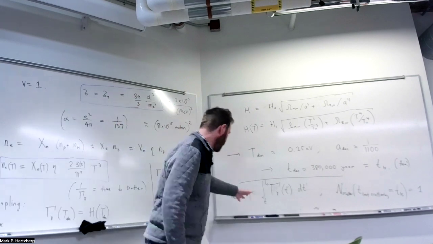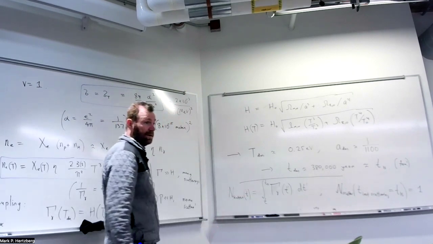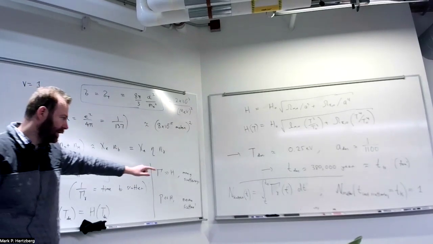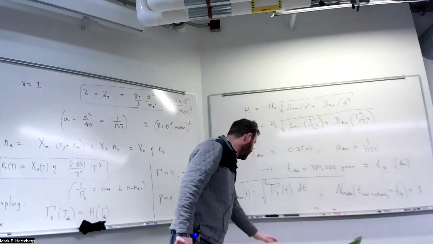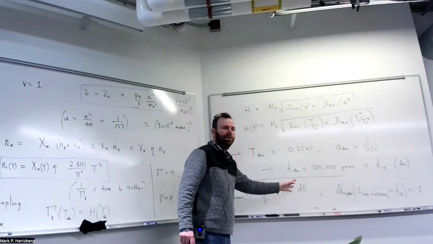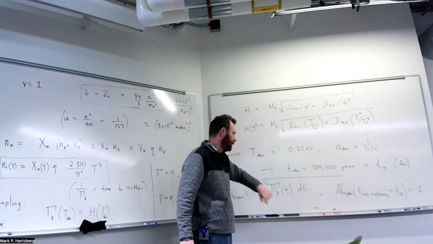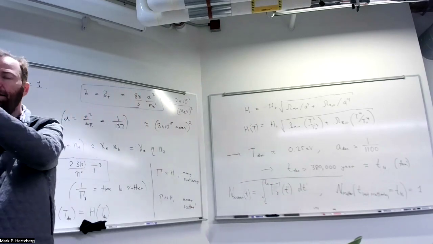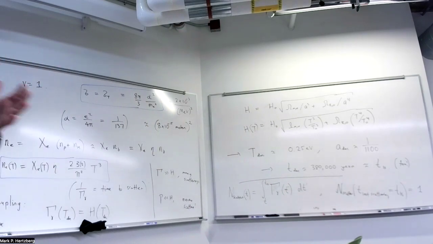In some sense, it's a more precise statement. It's a very interesting thing: when was the last time at which it scattered? Just set that integral equal to 1. This is an average, and you could go to town and think about the probability distribution of when that last scatter was. This is like the mean, but the standard deviation around it is relatively small, like 20,000